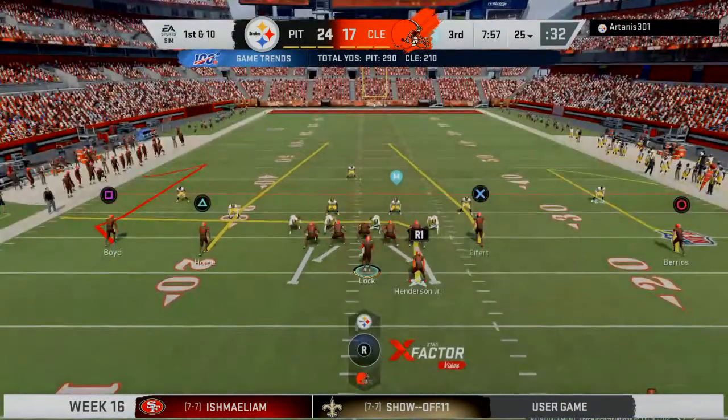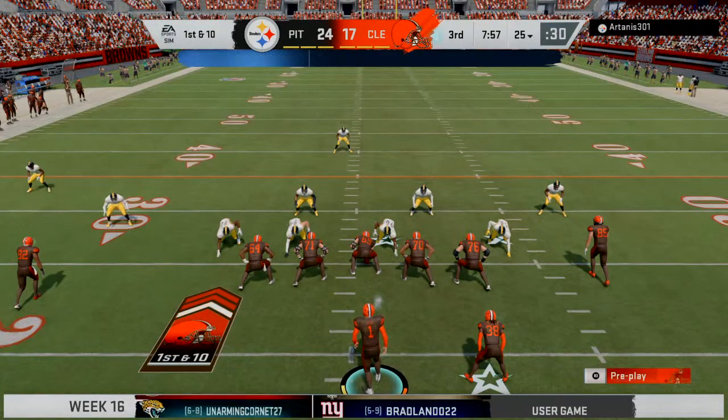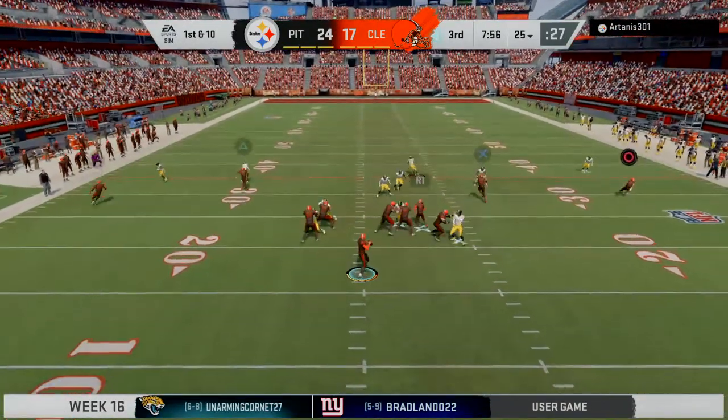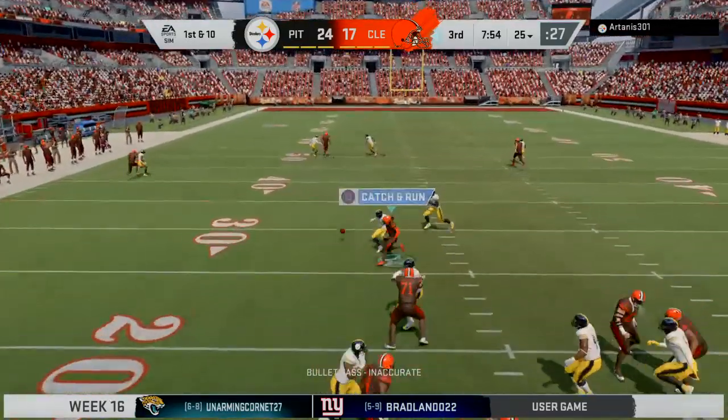The Browns drive about to get started. They're in a close game, but they're going to need to do a little bit better here in the second half, no? I would agree with that totally. I would guess in the locker room,